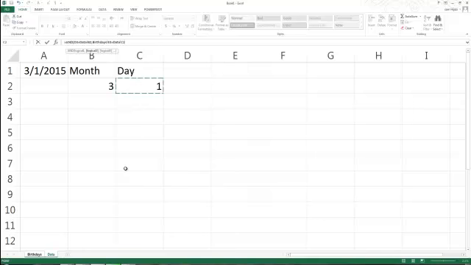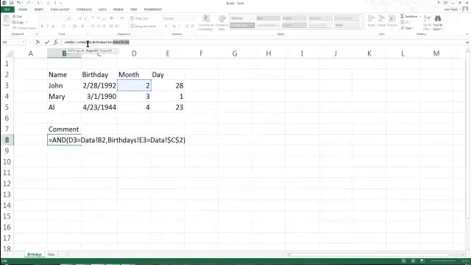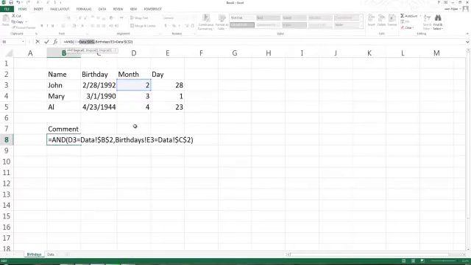But notice, before I leave this, I must think ahead. I wanted to think ahead by making this one here, which is this value of 1, an absolute address. And this one here is also going to be an absolute address, because all the data in the birthday sheet is going to be compared to the month and the day of today's date. So we're going to freeze those values so they don't drag themselves with us to the next